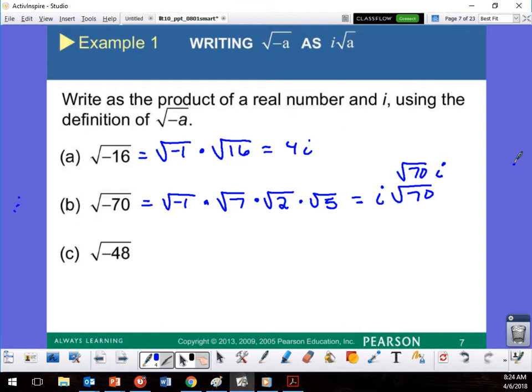All right, so let's take a look at this next one right here. So break it down again. So that's going to be -1 times the square root of